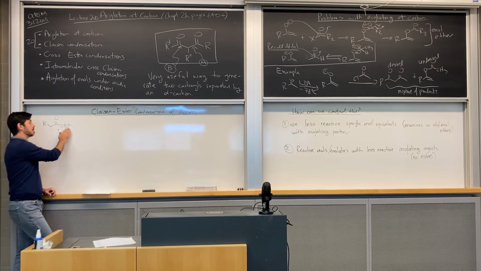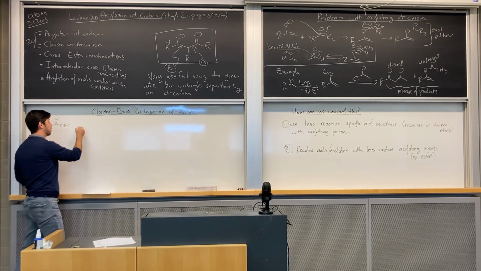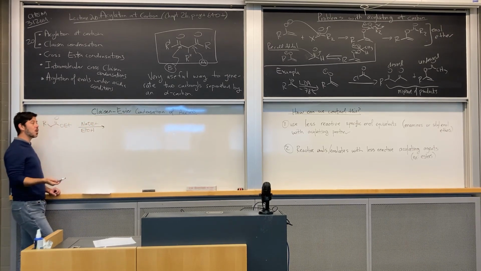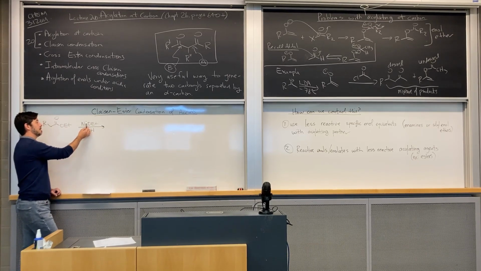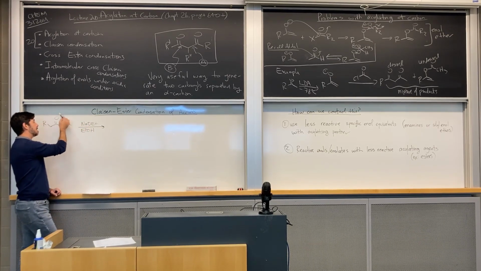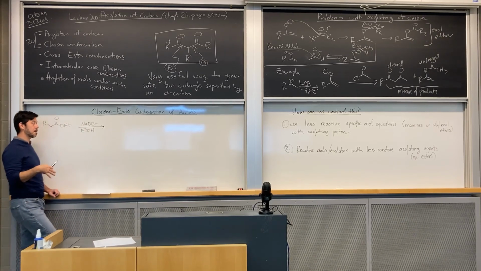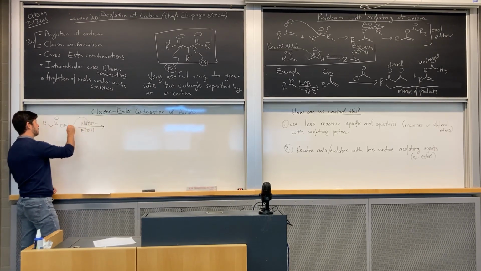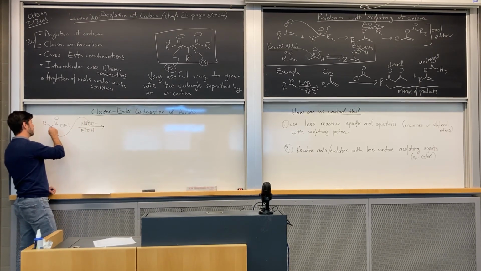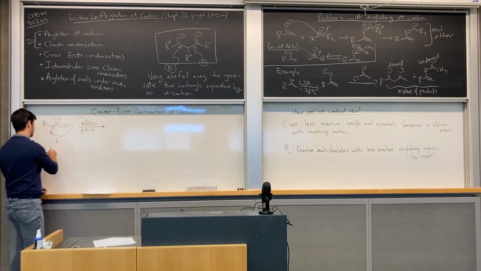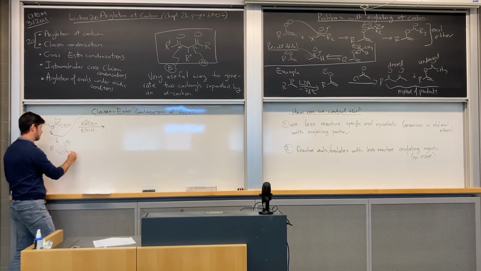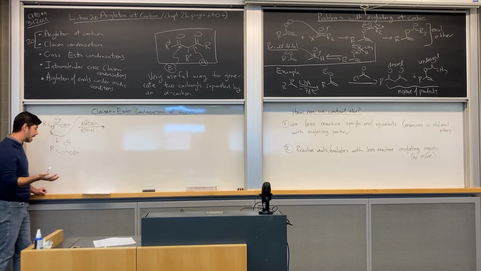We could use the alkoxide base of this leaving group here. So we could use sodium, for example, sodium ethoxide in ethanol. And the reason, again, just to remember why we use this and why it's okay, is because the ethoxide, if it reacts with this ester, it's the same group coming off. So nothing productive comes out of that. So it's a great base to use. So when it acts as a base, it's going to pick up this alpha proton, and it's going to generate the enolate. And then when this enolate comes and reacts with itself,